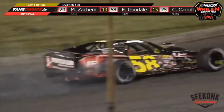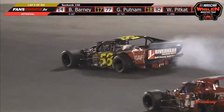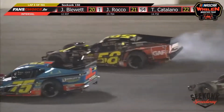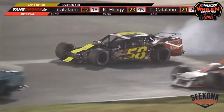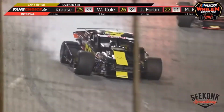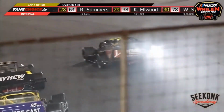And it looks like there was some contact made deep in the pack as the smoke coming from Goodale's machine is the right rear Nerf bar rubbing up against the tire. And that is a result, Kevin, of the fact that the 64 made contact. The left front tire, of course, going down on that race car as well. So the laps do count under caution. You can see the sheet metal and what we refer to as the rub rail rubbing on the right rear